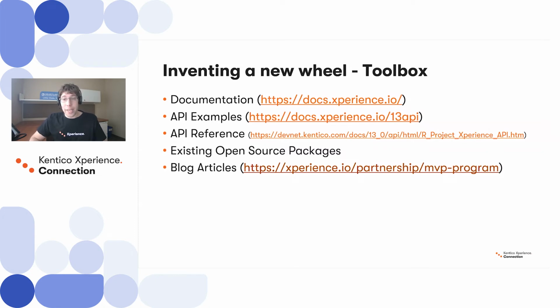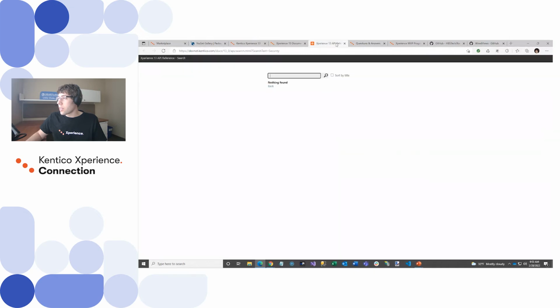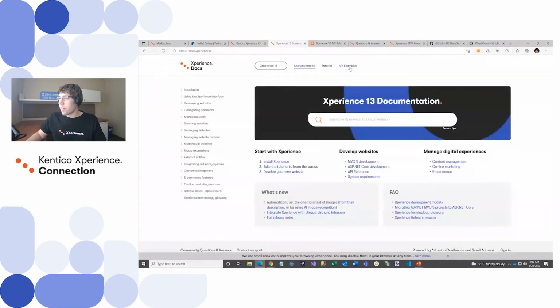One is going to be documentation. Obviously, if you want to do something in Kentico and you want to know how to do it, documentation is going to be the first place to look. What people don't realize though is in documentation, there also is an API example. And that actually allows you to see right here